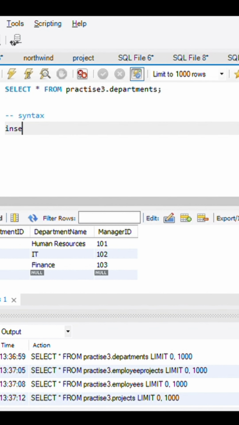The syntax of the INSERT INTO statement is usually INSERT INTO table name, where you give the values that you have to insert, and these values have to correspond to the data type of the columns. And for example, if you do not have enough values to put in all the columns,